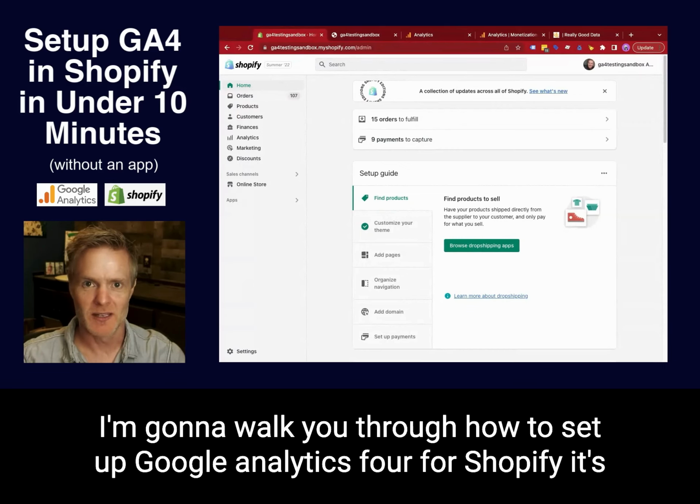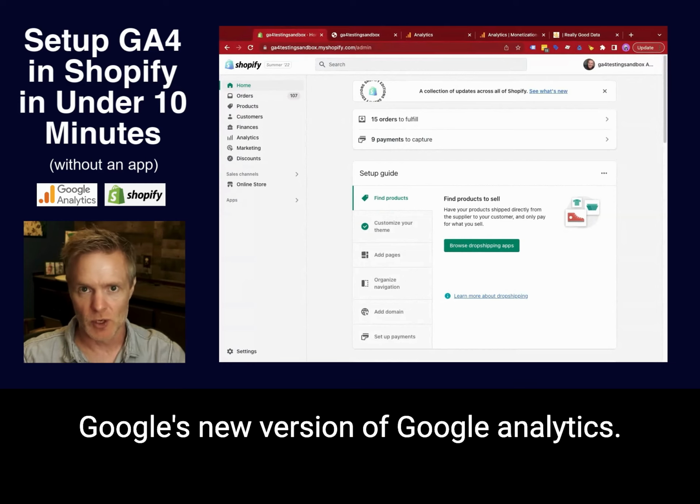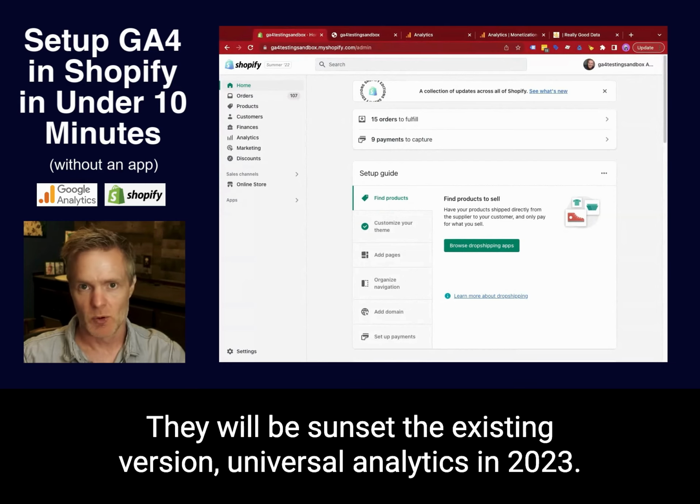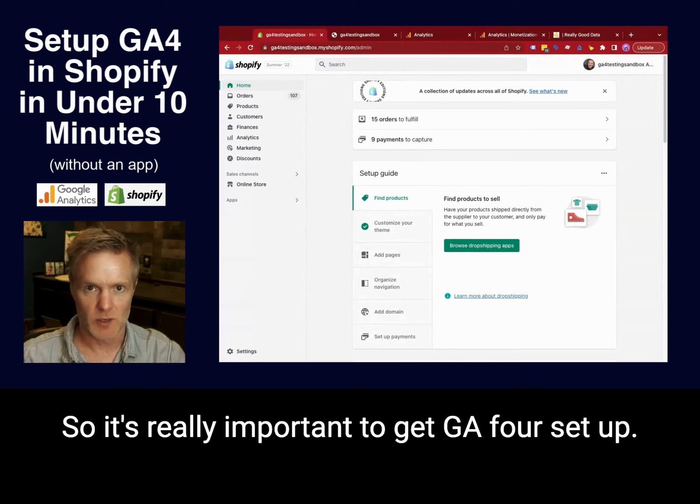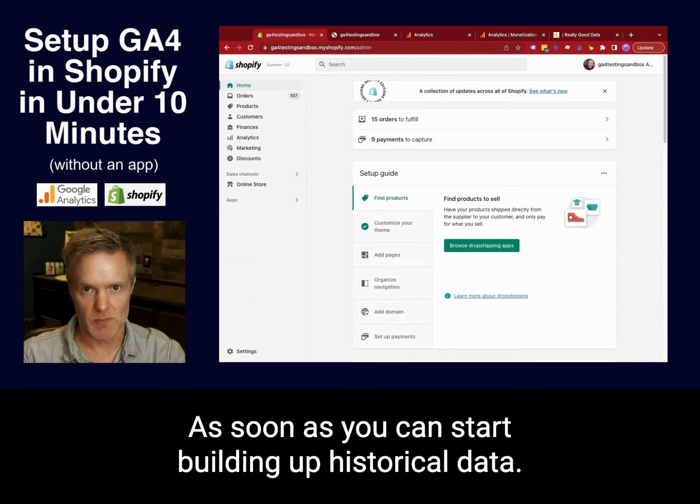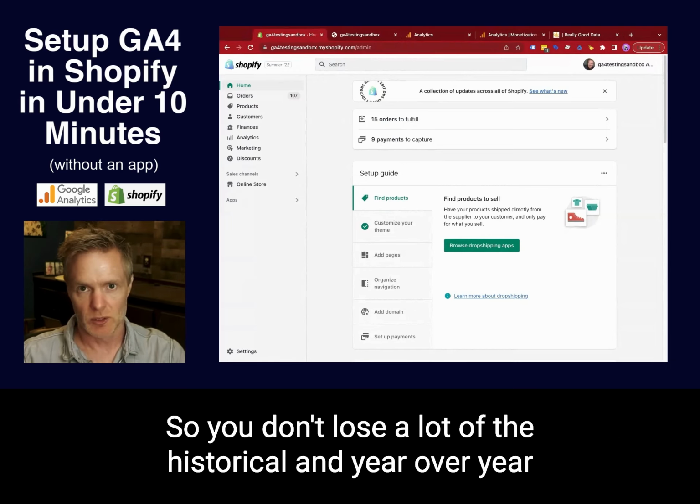I'm going to walk you through how to set up Google Analytics 4 for Shopify. It's Google's new version of Google Analytics. They will be sunsetting the existing version, Universal Analytics, in 2023. So it's really important to get GA4 set up as soon as you can. Start building up historical data so you don't lose a lot of the historical and year-over-year data that you can